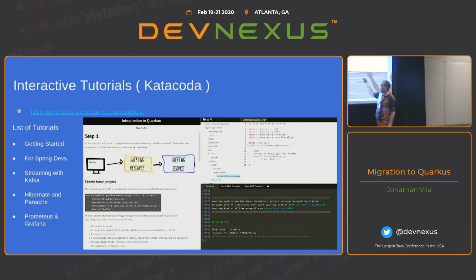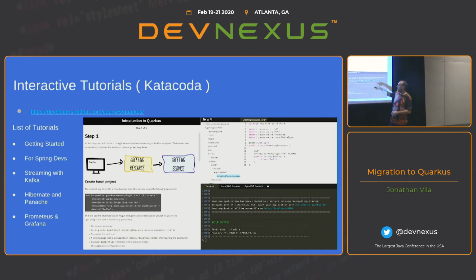I also want to introduce the tutorials for Quarkus. They are open, free, 24/7, using Katacoda interactive tutorials. Anybody know what Katacoda is? It has nothing to do with Red Hat, but Red Hat uses it.